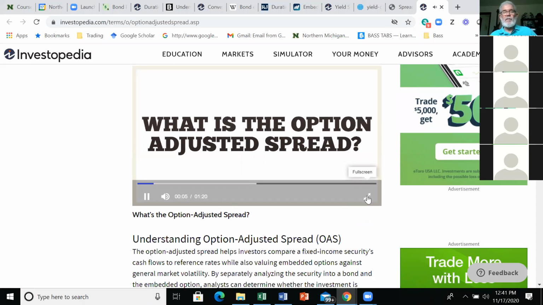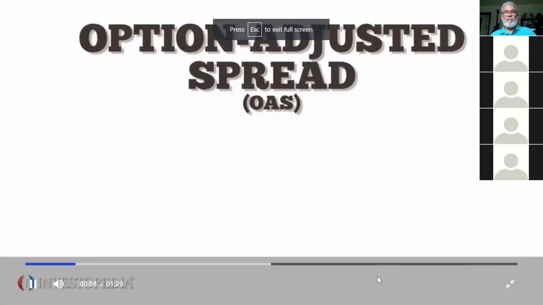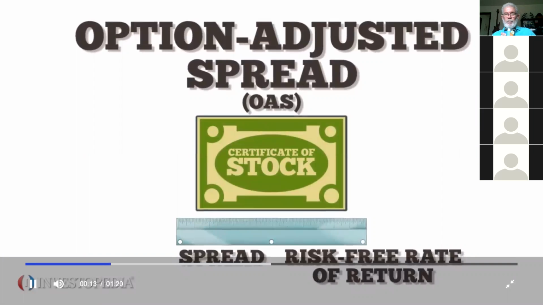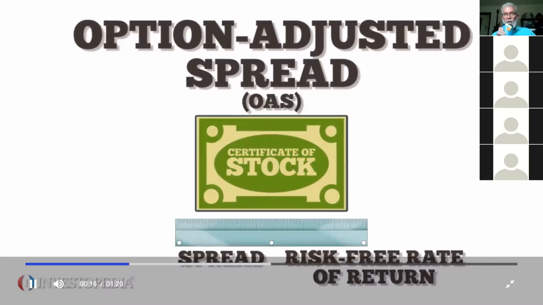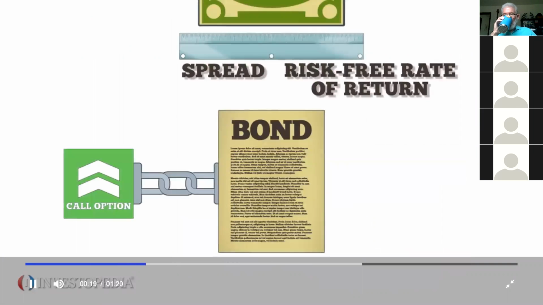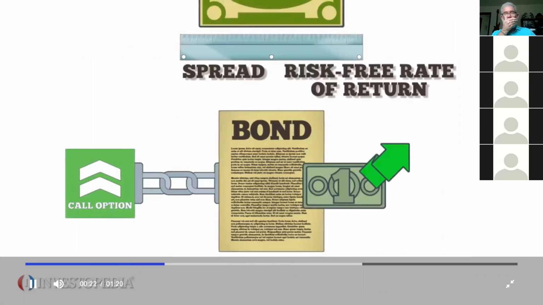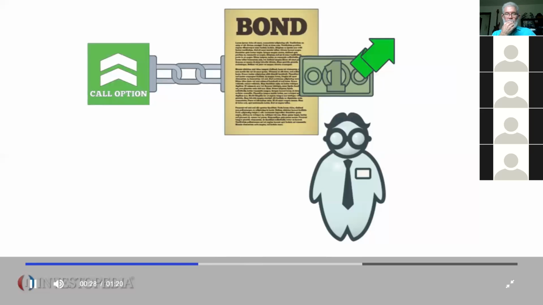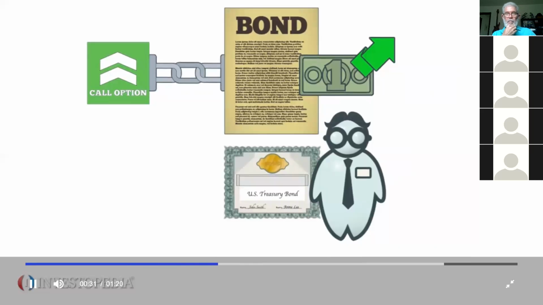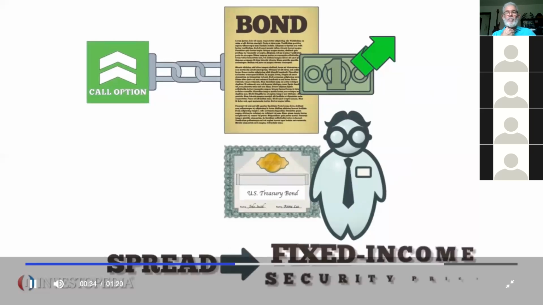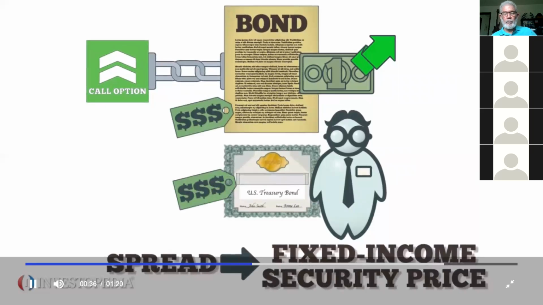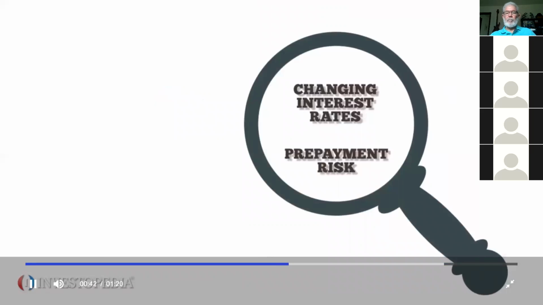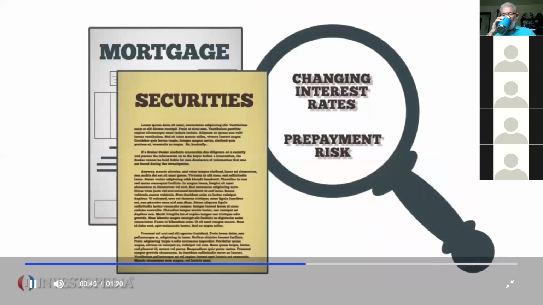We can look at a minute and 20 seconds. The option-adjusted spread, or OAS, measures a fixed income security rate spread and the risk-free rate of return that's adjusted to account for an embedded option. It considers how an embedded option can change a bond's future cash flows and overall value to differentiate between similar products that have embedded options. Analysts typically use treasury securities to represent the risk-free rate. The spread is added to the fixed income security price to make the risk-free bond price the same as the bond. The OAS looks at changing interest rates and prepayment risk and is frequently used to value mortgage-backed securities because